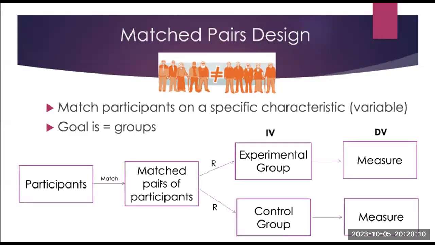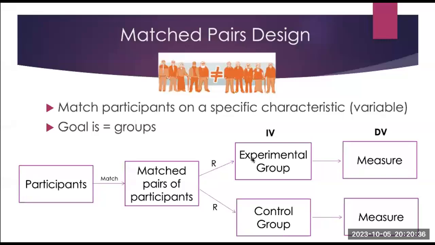So you're going to measure the matching variable in each individual. You rank their score, and then you're going to make sure that the participants rank approximately equal on the scoring, right? So you have the participants, you match them, right? Second stage, you match pairs of participants, you randomly assign them, but you make sure they're separated into the experimental